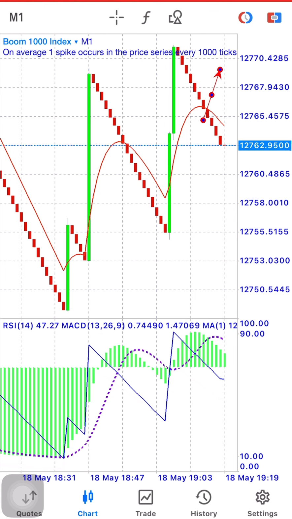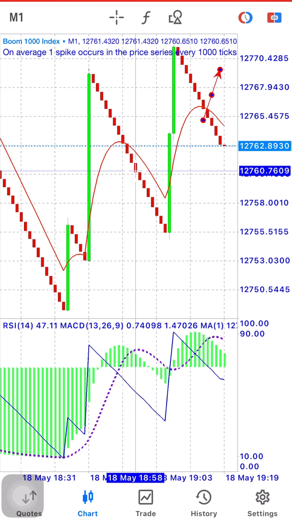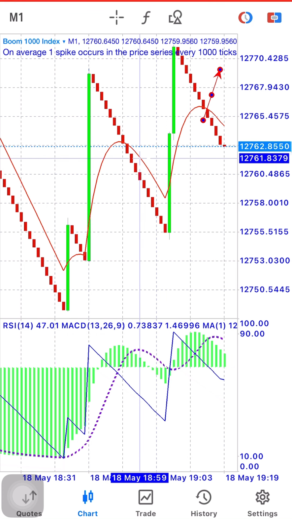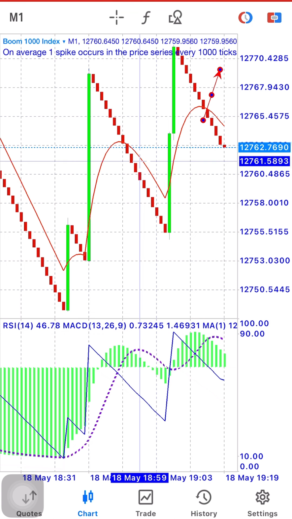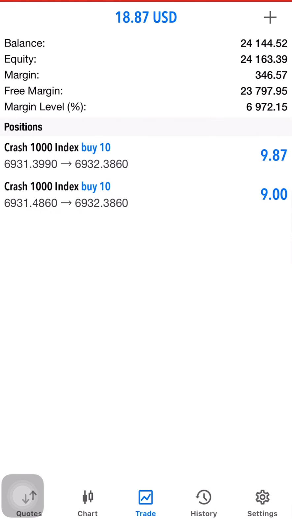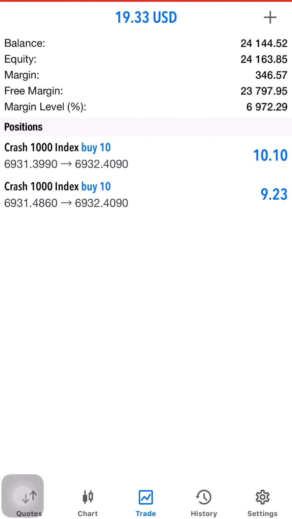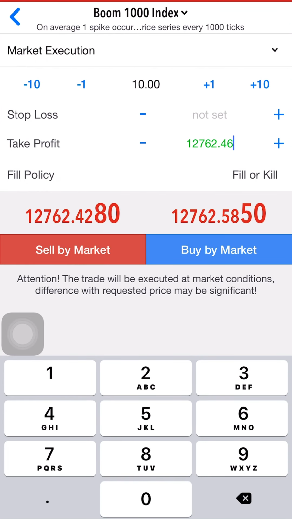So what we are going to do, we click on that plus sign again. Remember, in boom we are selling, not buying. So we put this stuff here, which is like 2 candlesticks. Now 61, 69, 29. Now we go to trade, click here. Let me check back. 61, 69, 29. 61.6929. So we click buy,